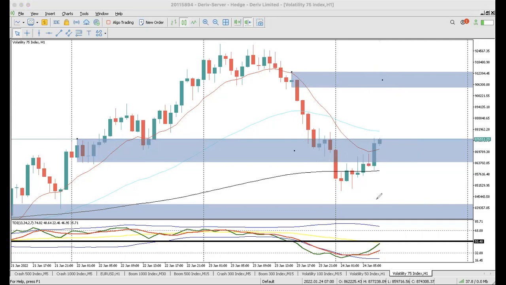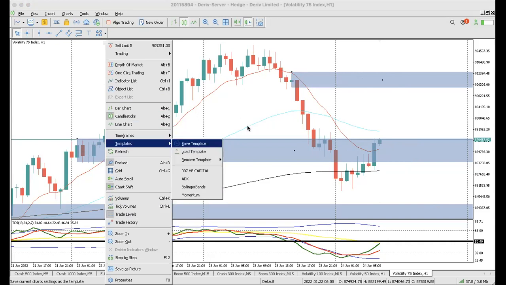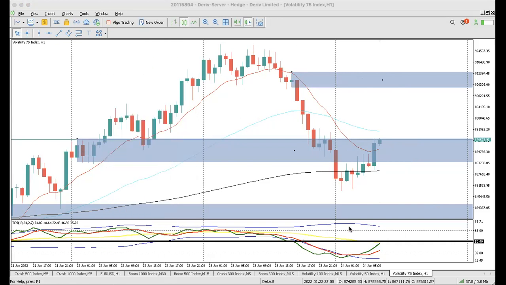Okay, so this is how I would actually trade V75 if I was to trade it now. So let me just look at M15. One other thing, if you notice on TDI on the bottom here, they are not yet back above the 50. So if you want to buy, the buy is low probability until price comes back above the 50 level. So from here, you can see we're now below the 50. So we're looking for sells, and price was just dropping. So if you move to M15,